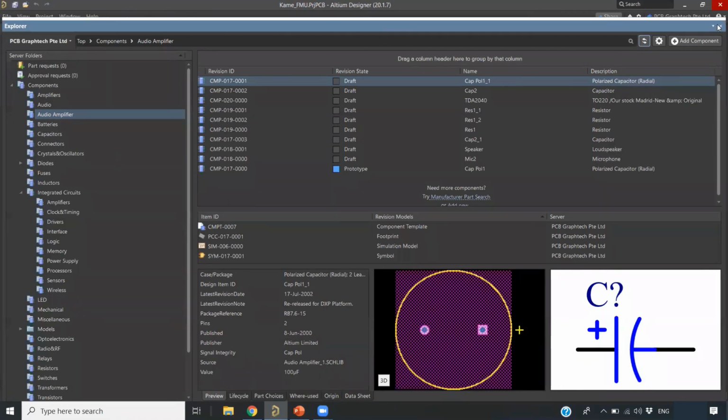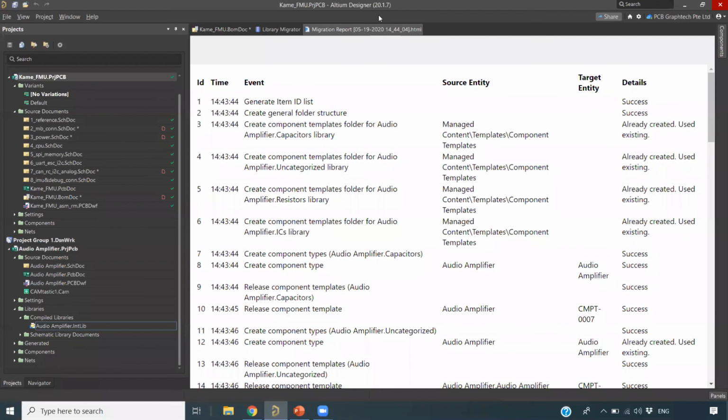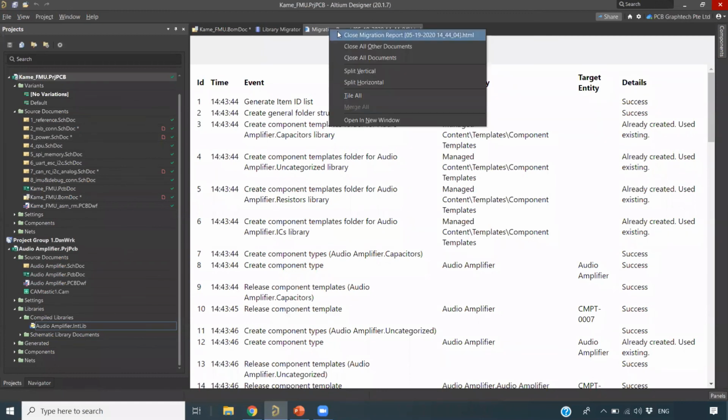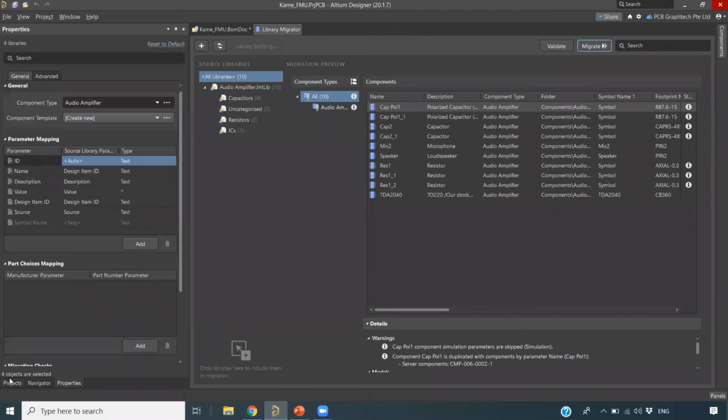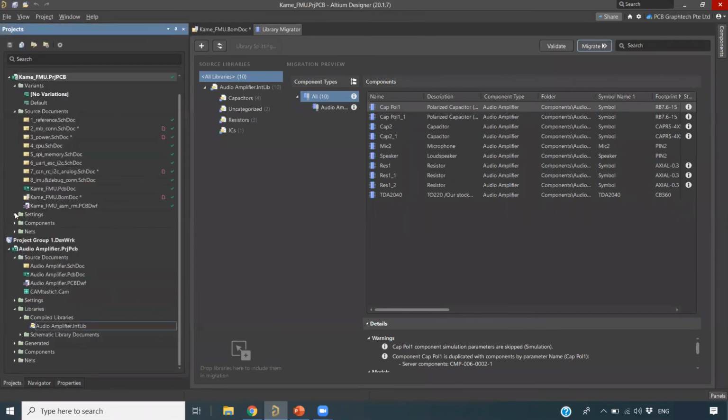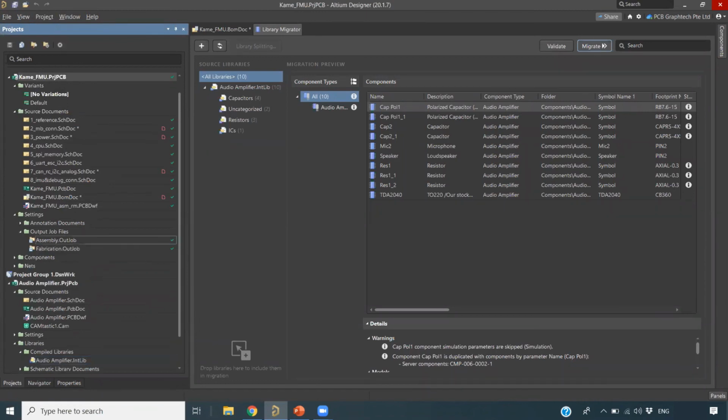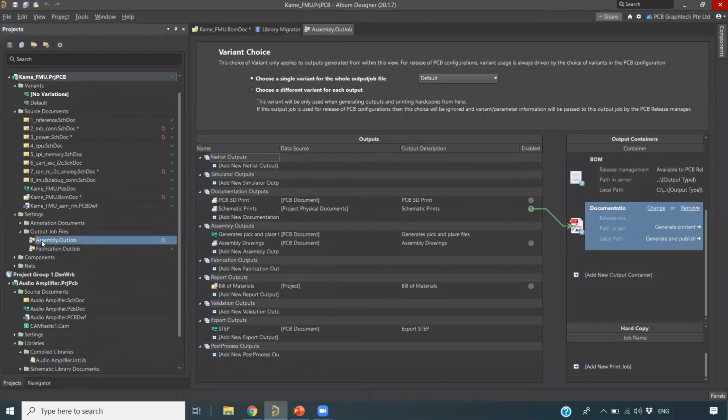So finally, I would like to show the validation feature inside your out job. Okay, to show that feature, let me go for the out job. Under the setting, out job. Yeah, so I'm just going for my output job file, assembly out job. So here I would like to show you the component validation before you release to your manufacturer. Because when you release to the manufacturer your assembly and fabrication file details, they have to validate whether the component is in the draft state or obsolete state, or they need to check these details.